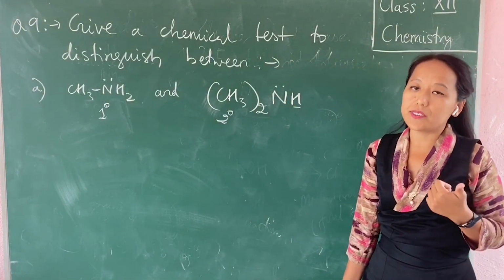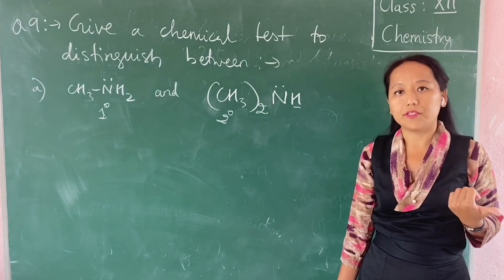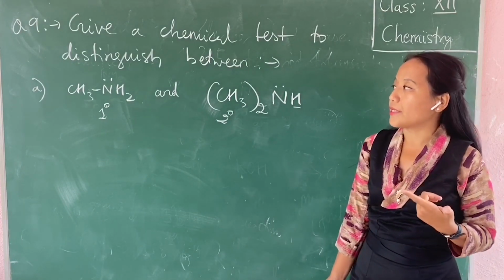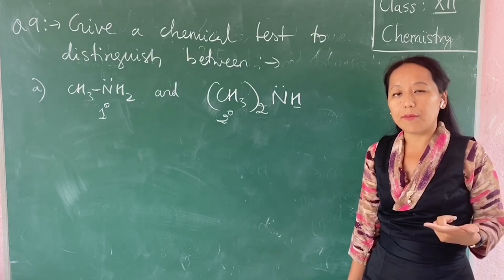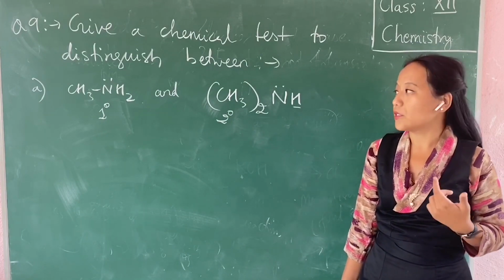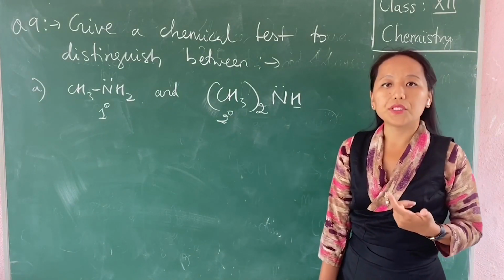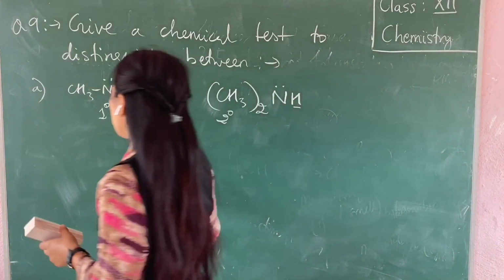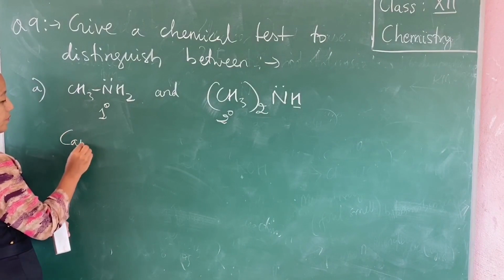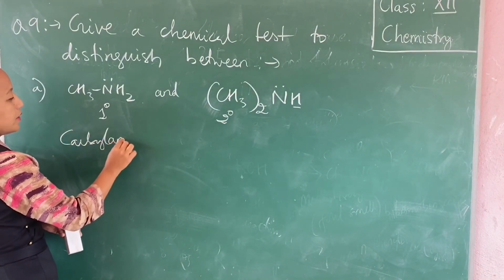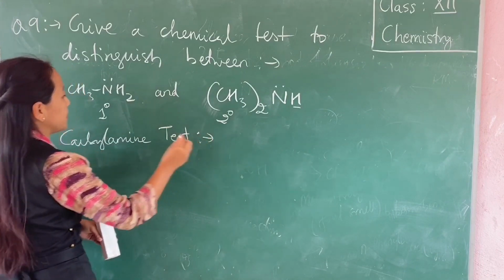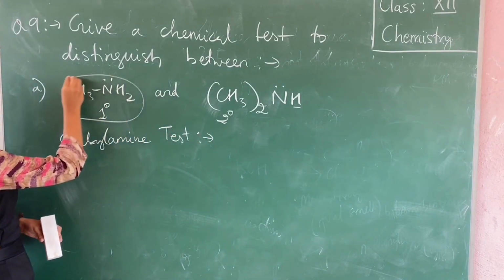On reaction with aryl sulfonyl chloride, primary will give a different compound which is soluble in alkali solution, whereas the secondary amines will give a compound which is insoluble in alkali solution. So in this case, I'm going to use the first test, that is carbylamine test, to distinguish between these two. Carbylamine test, which is shown only by the primary amines. So when I react this primary compound,